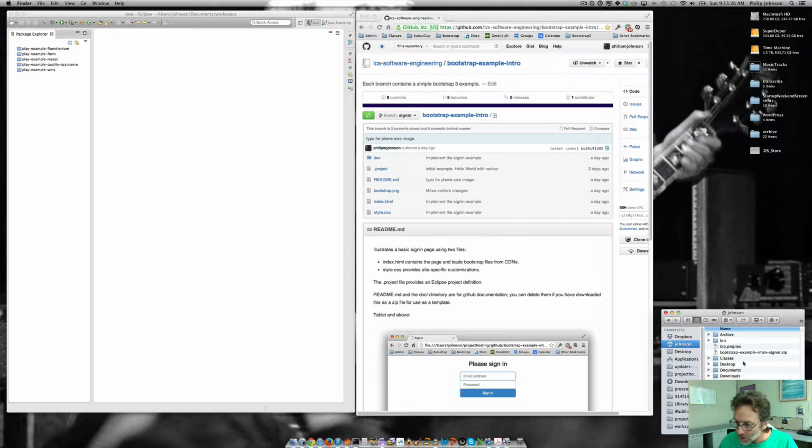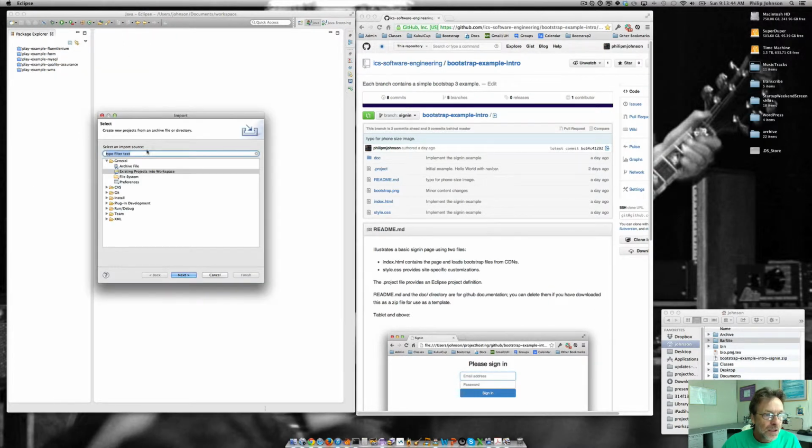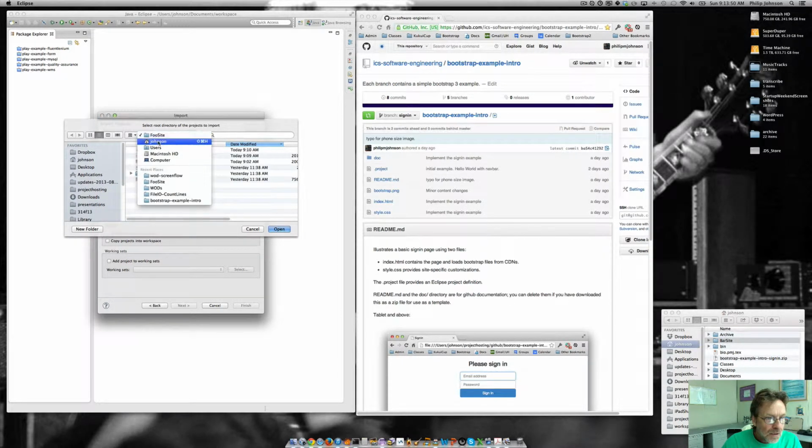And then we'll double click. Okay, and then we're going to rename this to a project. Maybe we're creating a site for bar, so we'll call this bar site. It includes the Eclipse project definition, so we're going to use our import existing projects into workspace, select root directory, go back to here to Johnson,